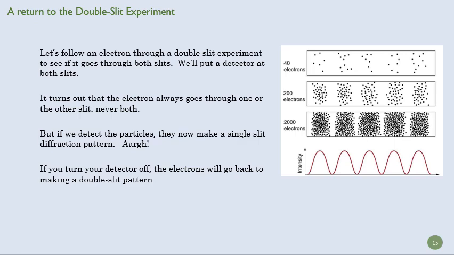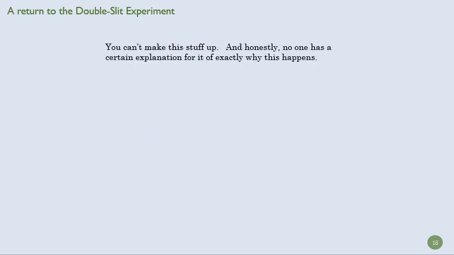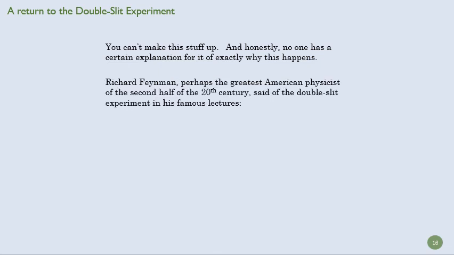It's as if the photons know they're being detected and don't want us to figure out what is going on. But that doesn't make any sense, right? As much as we'd like to, we can't give these electrons human characteristics. So what do we do? We sort of wonder at the world, right? We don't have a great explanation of this, and you might think I'm being ignorant because I don't know the answer to this.